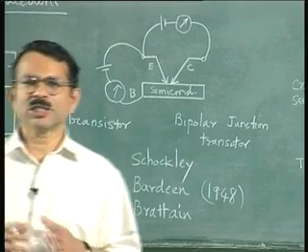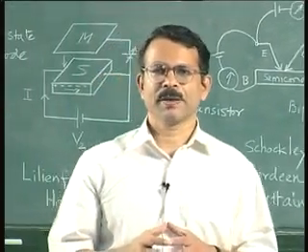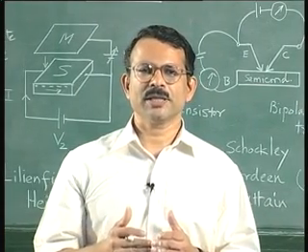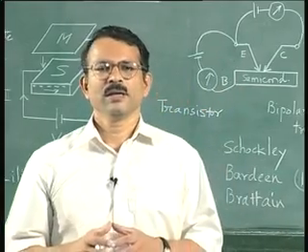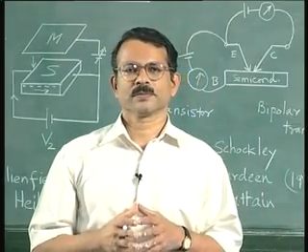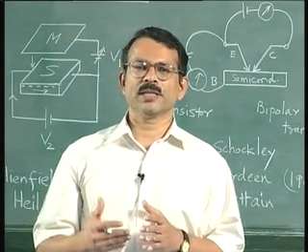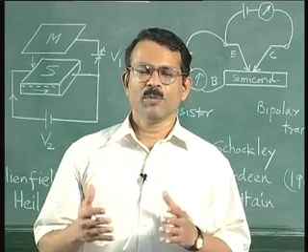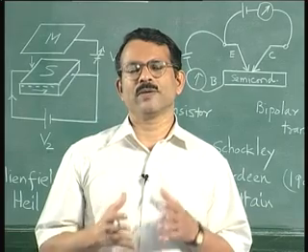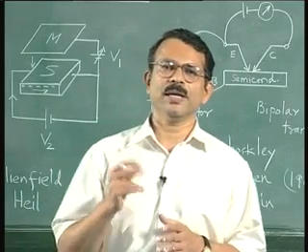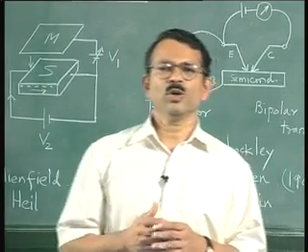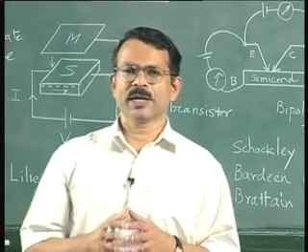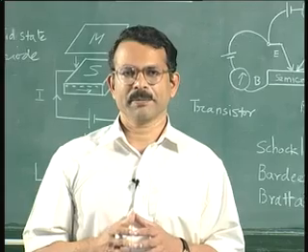So that is as far as the history of the bipolar junction transistor. Further developments that took place after bipolar junction transistor we will consider in the context of the MOS field effect transistor, which will be discussed after the bipolar transistor action, and maybe in about 5 to 6 lectures we will try to cover this bipolar junction transistor and then take up the theory related to MOS field effect transistors. So that is the history of the bipolar transistor, which was discovered in 1948.